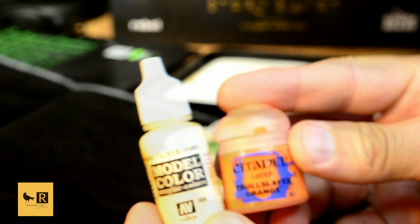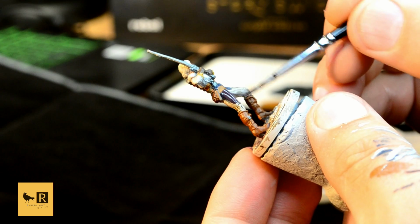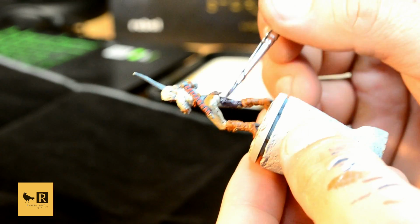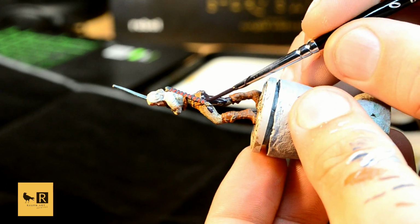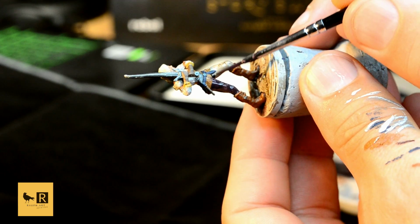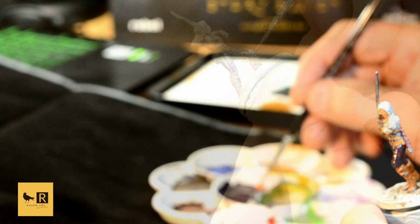Now we're gonna paint the trousers, and we're gonna use the Nagarythe Night with the Rhinox hide, and for the lighter tone I will be using the Troll Slayer orange and a little bit of the ivory. I also added quite a bit of the medium, as I want to do wet blending. So the brown and the purple tone are mixed pretty much 50-50, with a few drops of the medium, and I'm painting all the trousers in one go, and the medium will give us the extra time before the paint dries off, so then we could apply